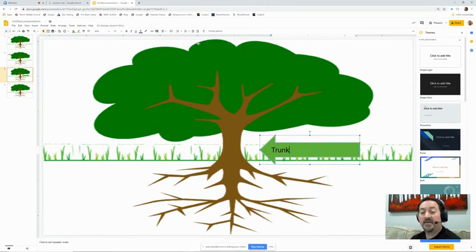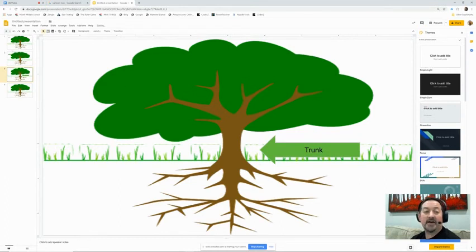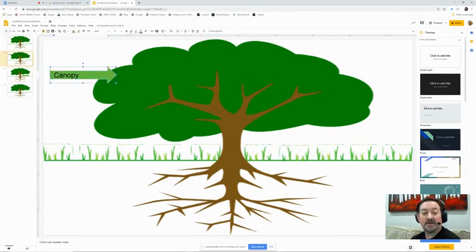Now that word is a little small, so I'm going to center it so it looks nice in my arrow, and I should go back and center the canopy too. Oh, that looks so much nicer. Canopy, trunk,